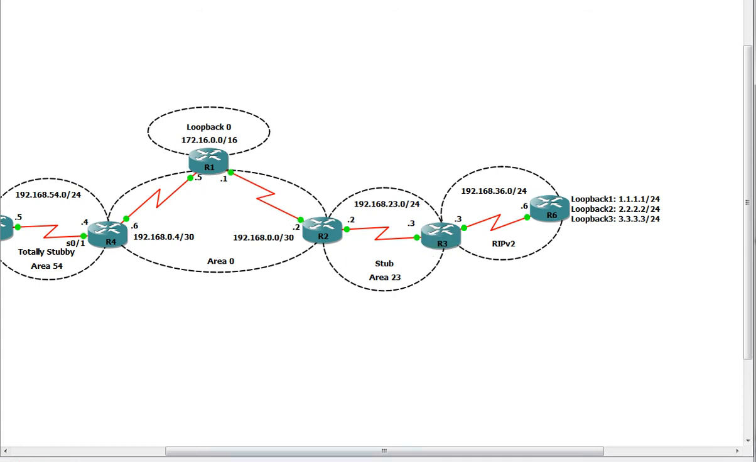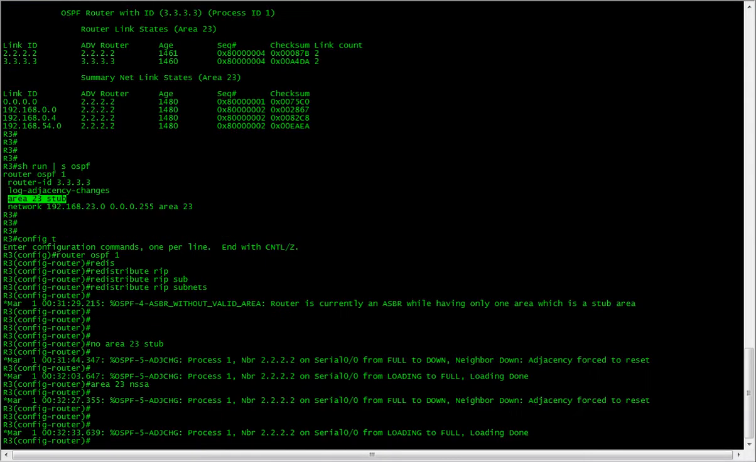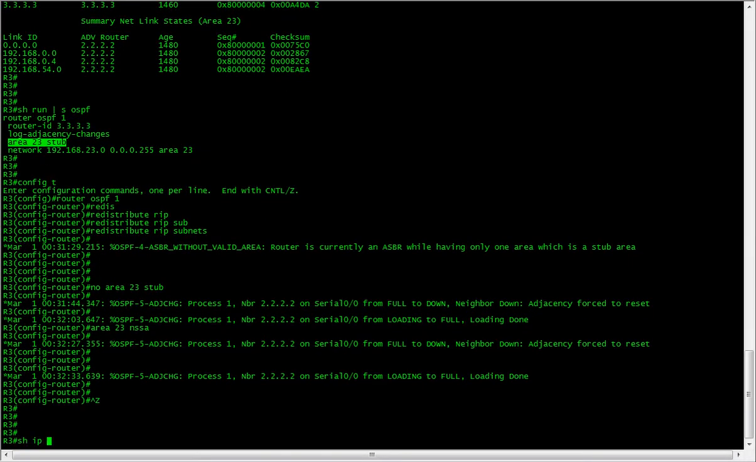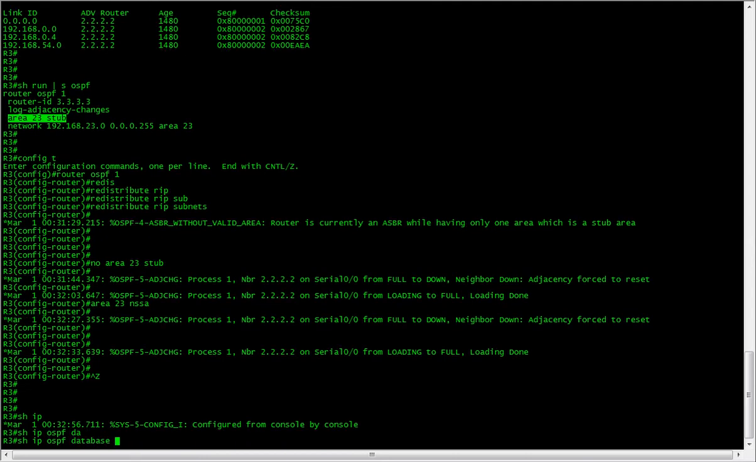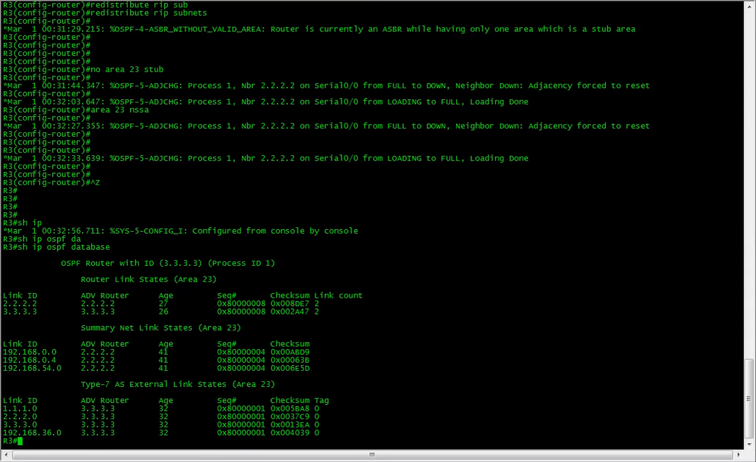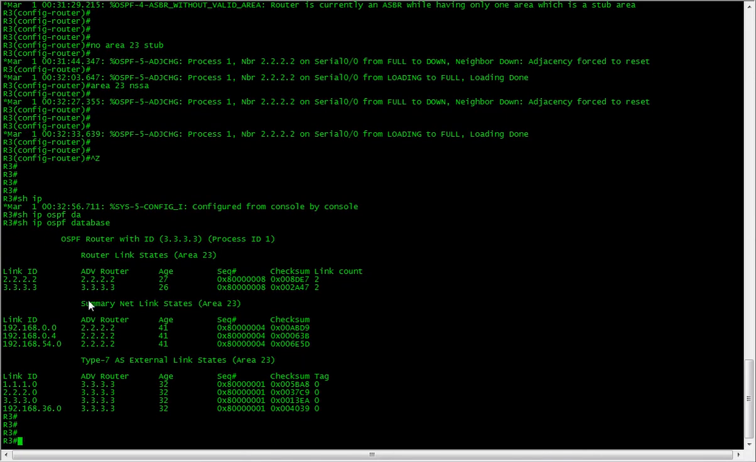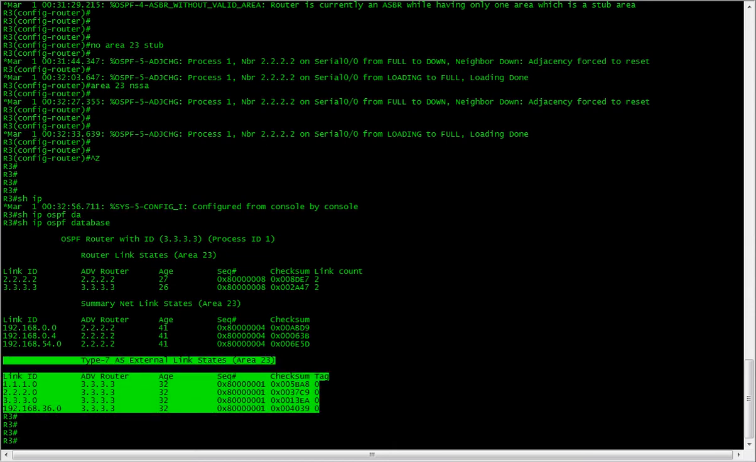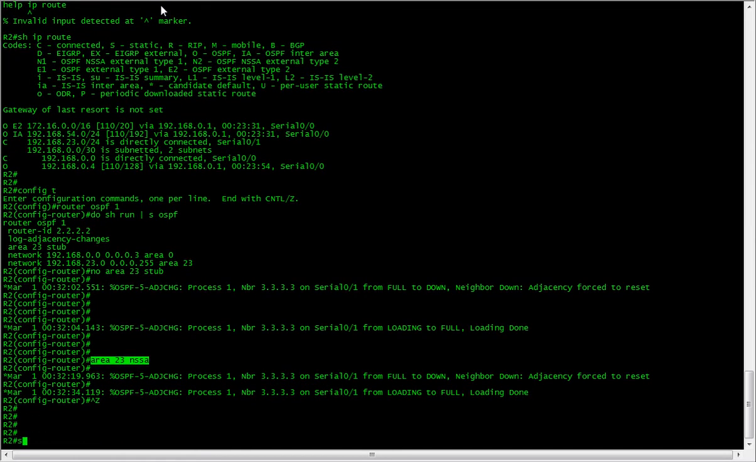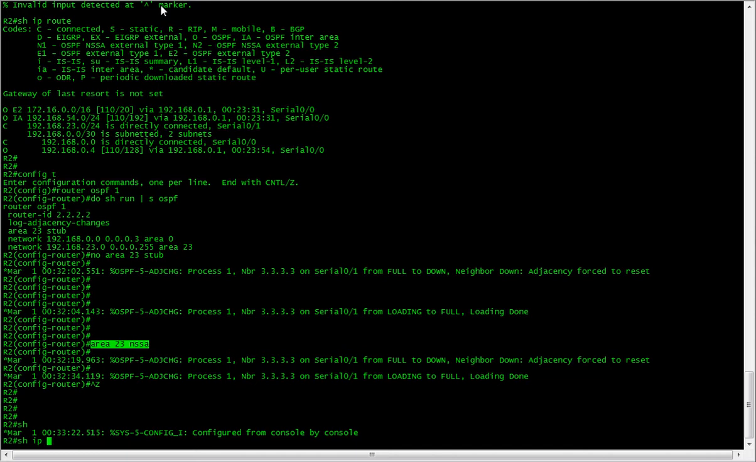So if we have a look at the database table on R3, see, now we've got the LSA type 3s, and now we've got the LSA type 7s. Right then, so yeah, because it's an ASBR, it will just convert them into LSA type 7s, send them over to R2, and R2 should